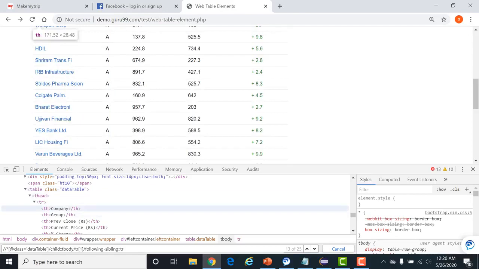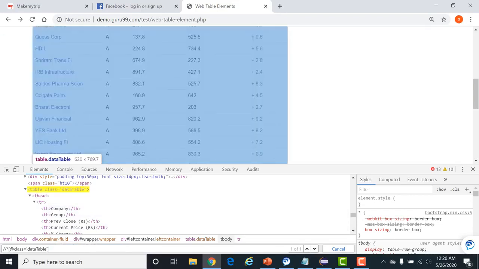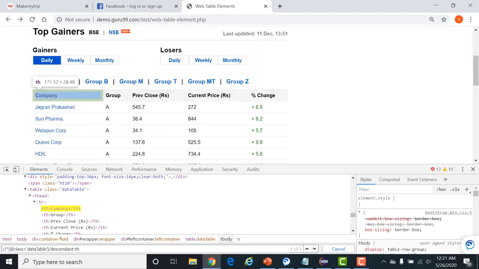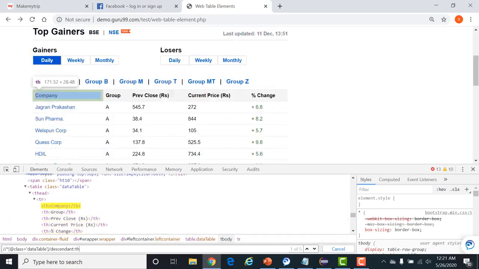So we can directly identify this TH node with the help of the descendant axis. How? See. Simple. This is identifying my table, right? Slash descendant double colon, what tag you want to identify, TH. See, it is identifying all the tags directly, right?